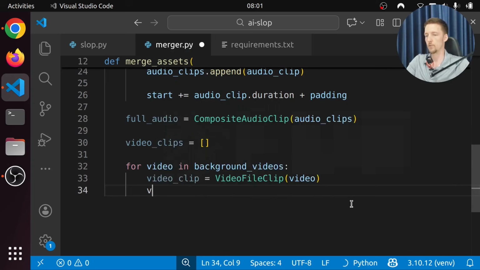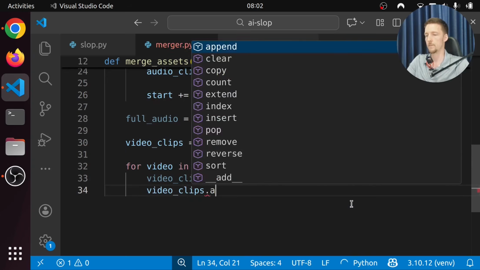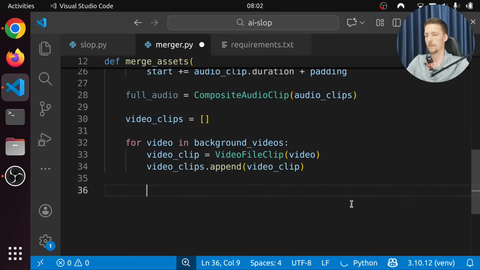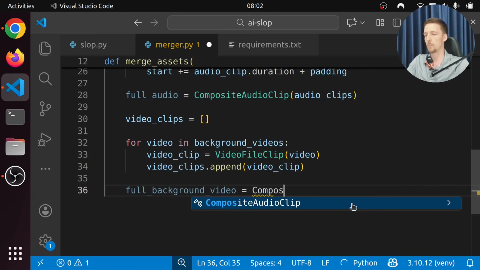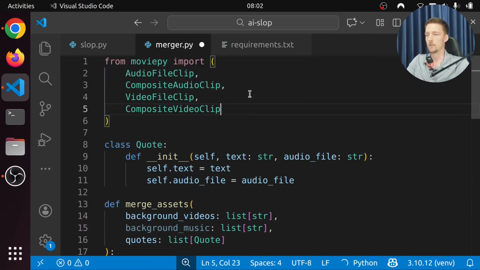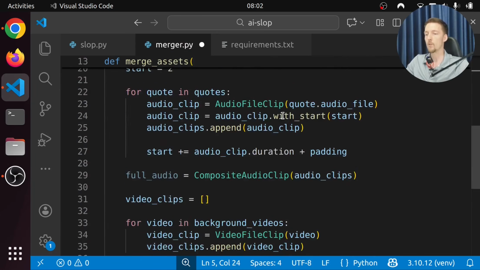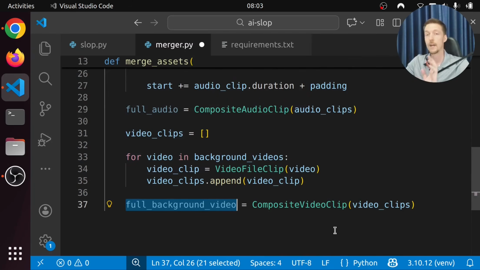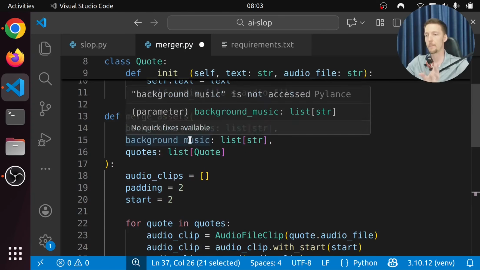And we are going to do video_clips.append(video_clip). And then we can say that the full background video is going to be CompositeVideoClip of the video clips. And let's import this too, CompositeVideoClip. So now we are going to have the full background video where all of the videos are put back to back.